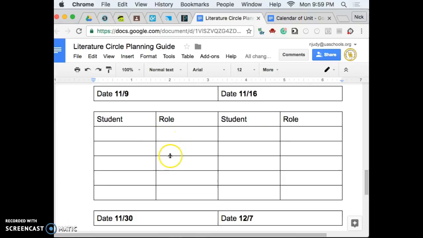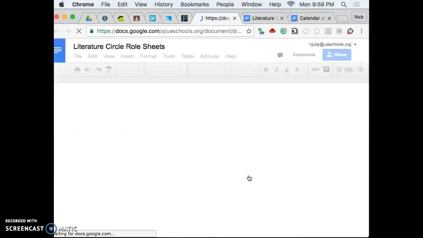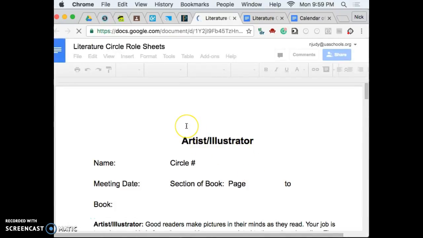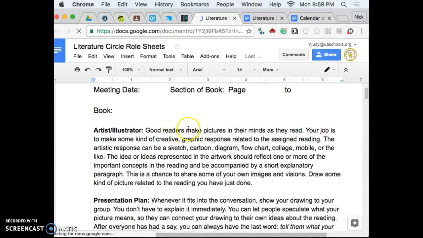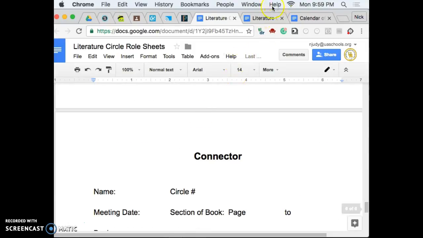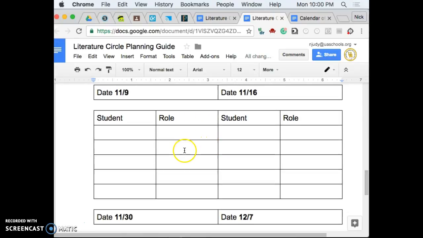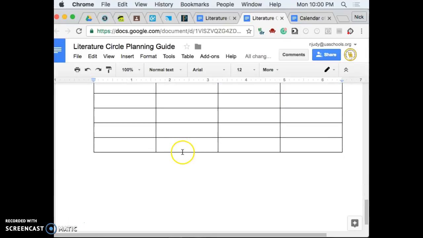Okay. The other 2 or 3 roles that you have, depending on the number of people in your group, you need to determine from our role sheets. And so I've listed all of the options here. So your group's going to need to take the time to read through the different roles that exist and decide which one you want to do. Okay. Now, this can be a working document. If you get in and you decide you want to change your role after the first one, that's okay. We can do that. But I want you to plan them out in advance, and then if we need to make changes, we can. Okay?